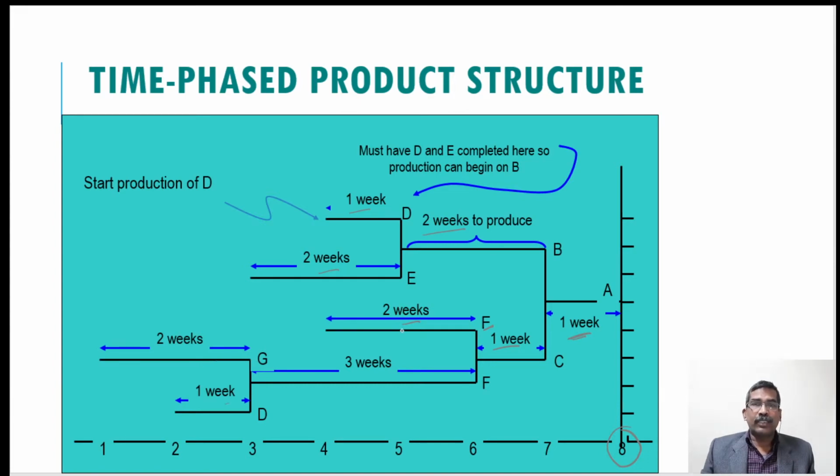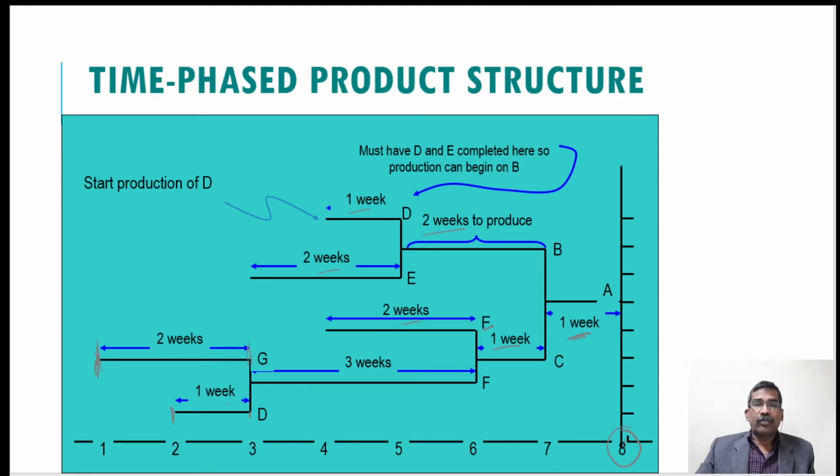So this is the lead time of the components, that if you place the order or if you process the ordering here, then you will get the complete material of the B after 2 weeks. Similarly, if you start the activity in the second week, then you will get the D components in the third week. So this is the lead time. On the basis of the lead time, we start the activity from the first week, and we can complete this in the 8th week. So this is the time frame of the different components, that when we should place the order, what is the requirement of the lead time to supply or lead time to process.